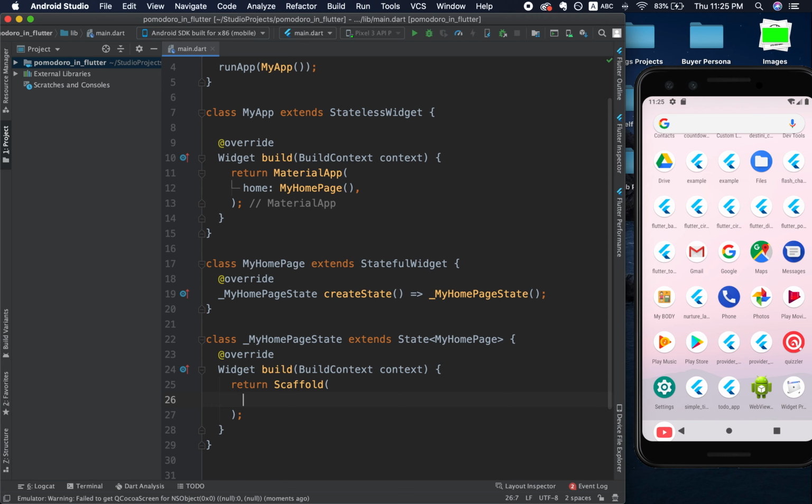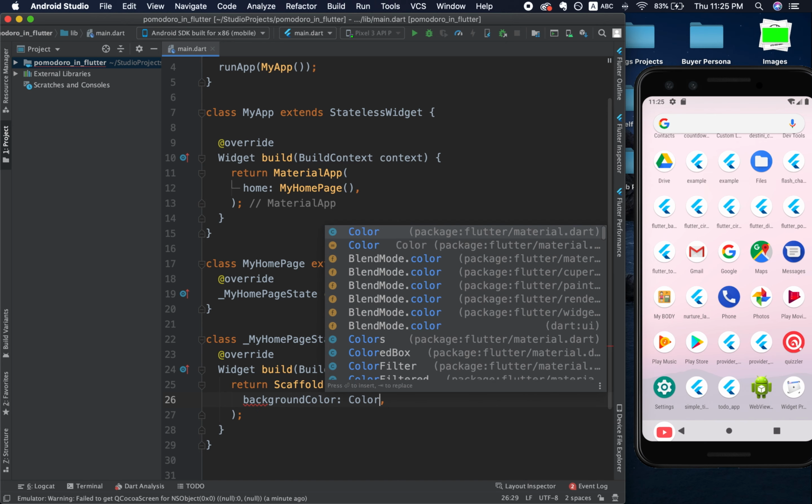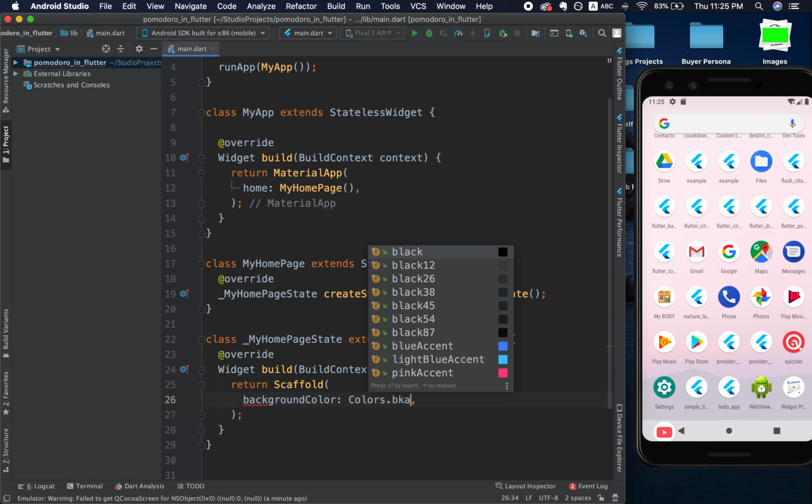Scaffold is like a skeleton of the app, the thing that needs to be created first, like a canvas. When you want to draw some pictures, you need a paper or a canvas, and then you can paint something on it. And we're going to set the background color to be Colors.black,